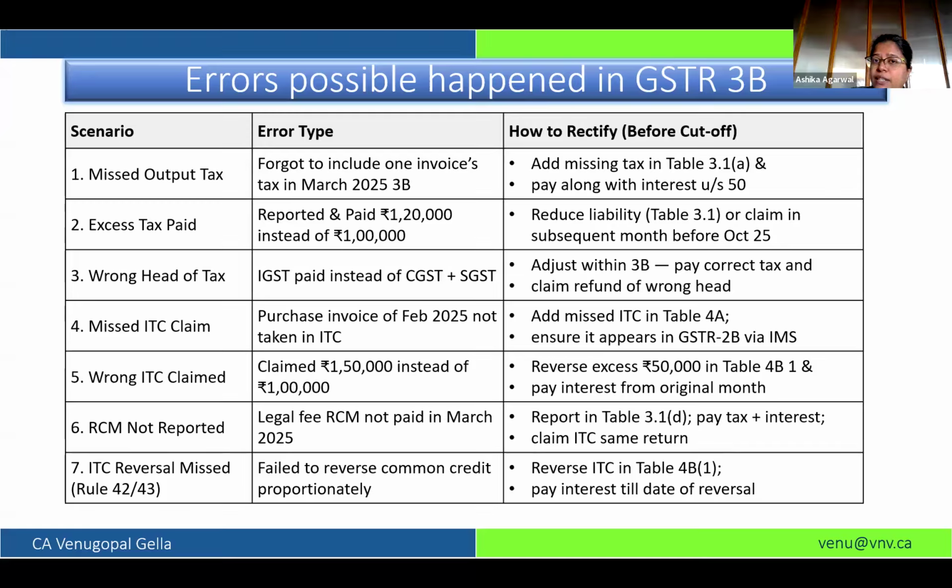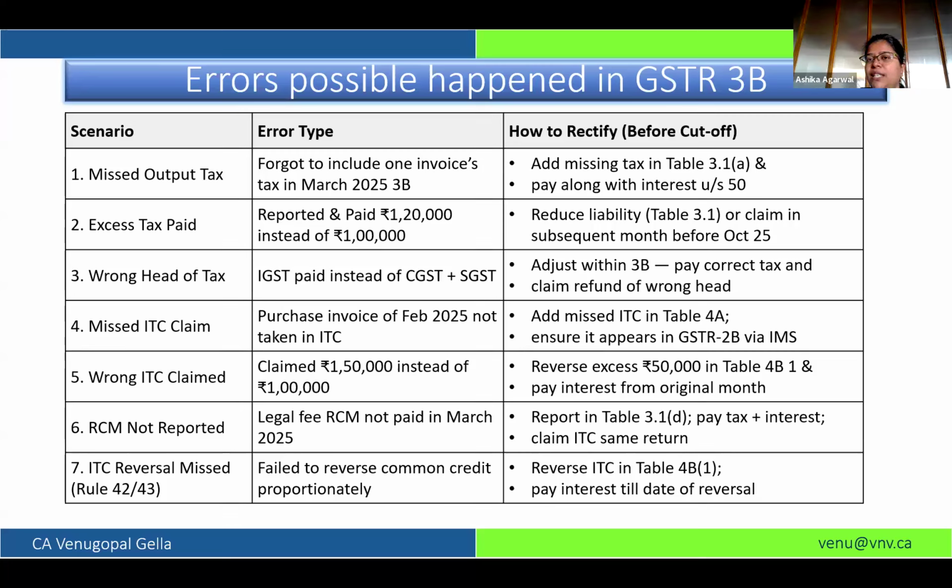Even for RCM ITC, there is a time limit. It doesn't go infinite. Don't think that just because you are paying the tax now, you will become eligible. Means whenever you pay the tax, you will become eligible. Don't deem that. So if for 24-25 any liability of RCM is pending, make sure you pay it in the month of October 3B and claim the ITC.